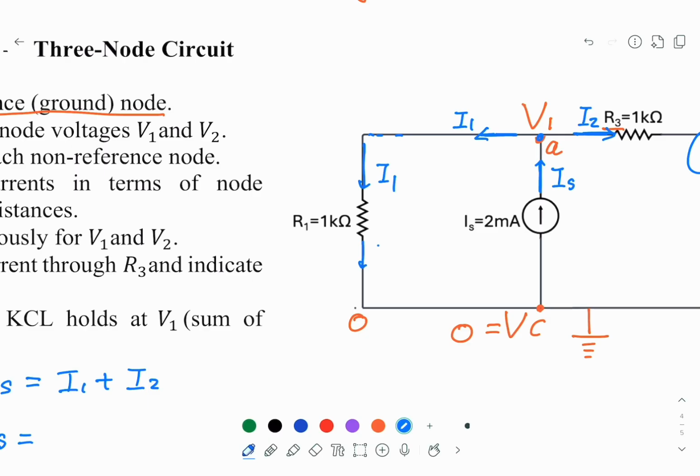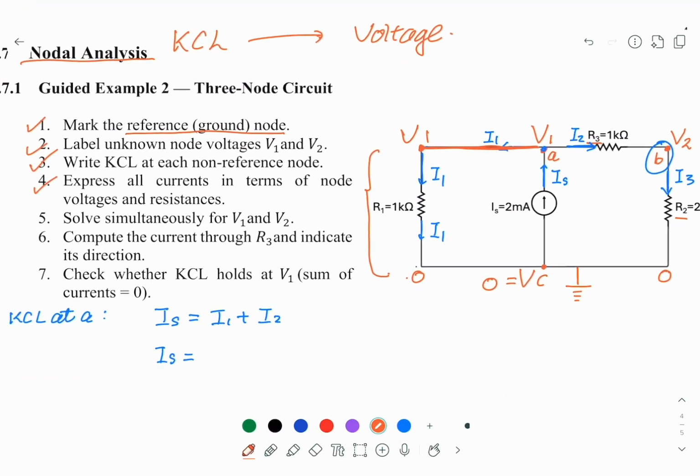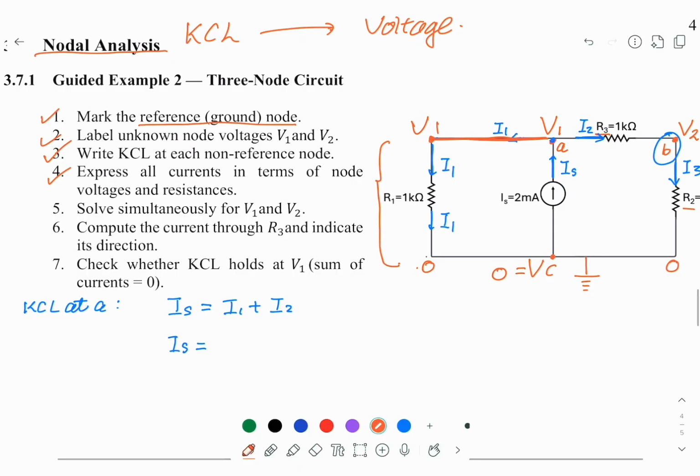I1 will pass through R1 as well. Remember, this point here and this point should have the same voltage. So this is also V1 and this is 0. So the potential difference across R1 is V1. So I1 should equal V1 over R1